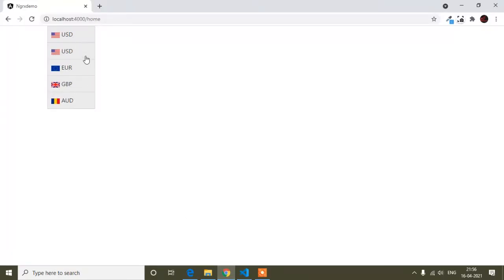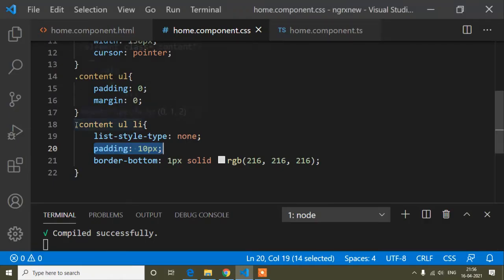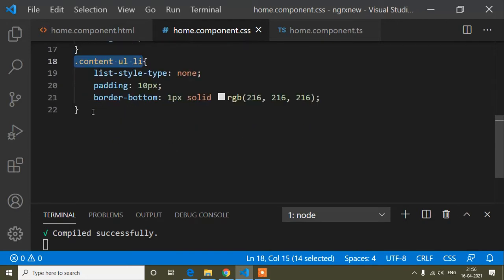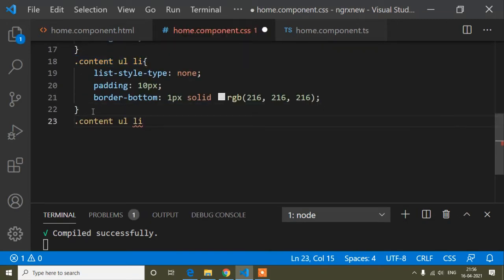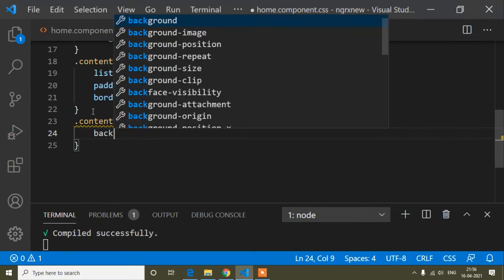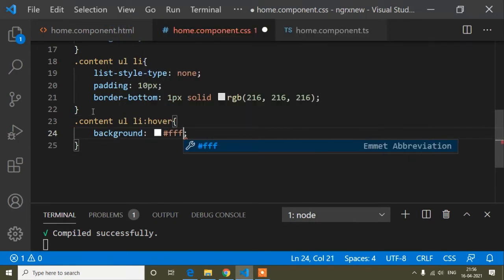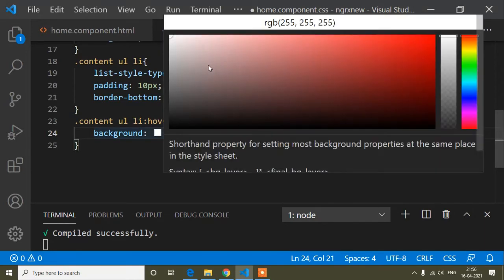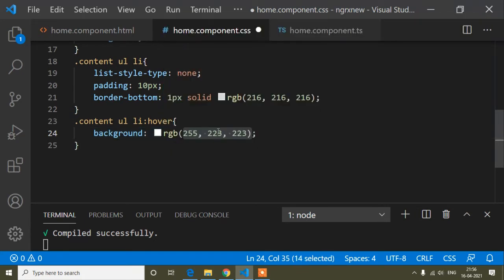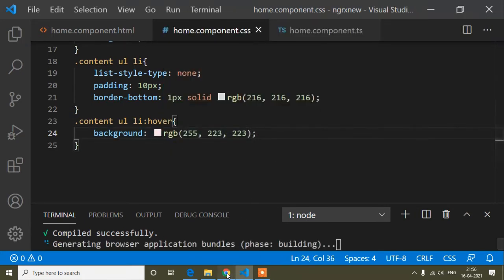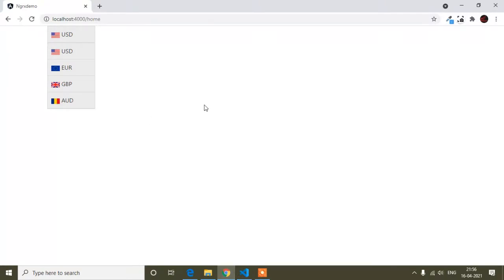And now when I hover over it, I will add some background color. For that, just here I will write hover, and I will add background. So background color is FFF, and now I will hover, so the color panel will open, and here I can choose the color. I will add some reddish color. So here I will move here. Now this color is perfect. And now if I show here, you can see when I'm hovering on it,